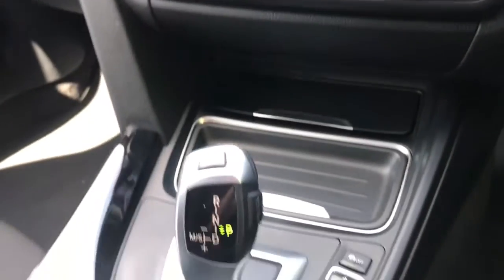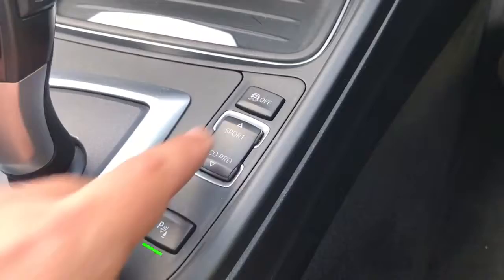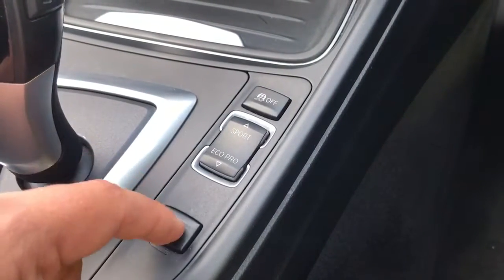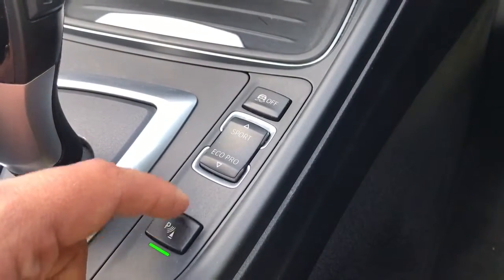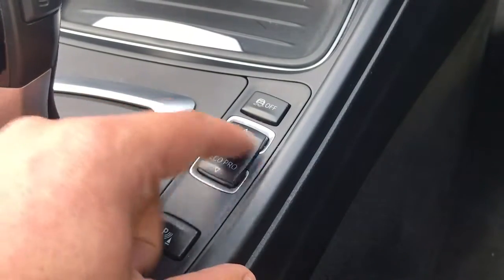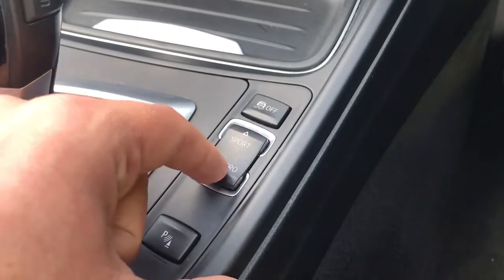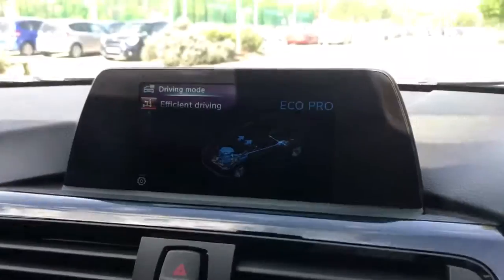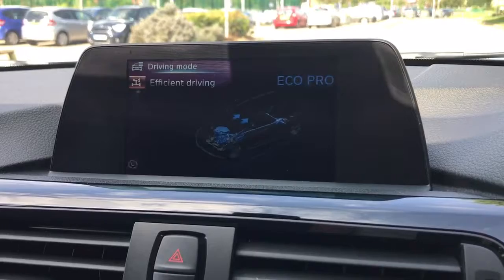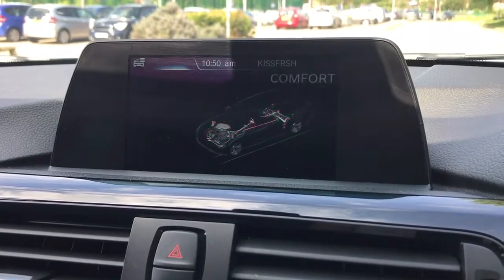We then have the fully automatic gearbox, and to the right hand side of the gearbox we have these buttons here. So this one will turn on or off the parking sensors for the car. You can change the driver setup of the car as well. So we're in comfort mode at the moment, which is a normal mode if you like. We can put it in Eco Pro, and you'll see it comes up on there to tell us we put it in Eco Pro. We can put it back in comfort, so everyday kind of driving mode,